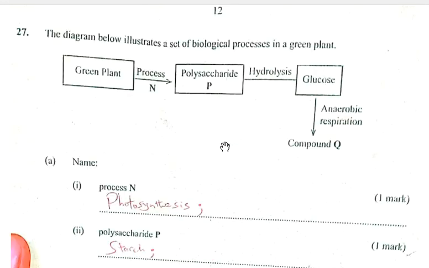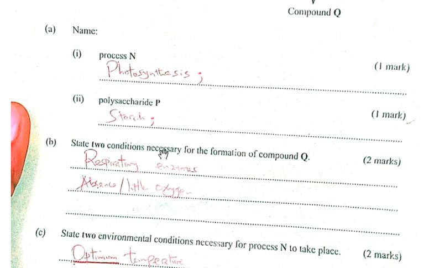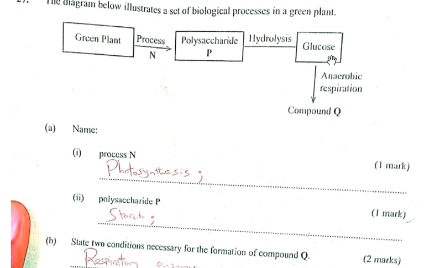Question 27. The diagram below illustrates a set of biological processes in a green plant. You can see a green plant, polysaccharide, glucose, compound Q, part A. Name process N, and process N is photosynthesis. Polysaccharide P is starch, because the green plants are able to carry out photosynthesis and produce starch, which is a polysaccharide. State conditions necessary for formation of compound Q, and compound Q